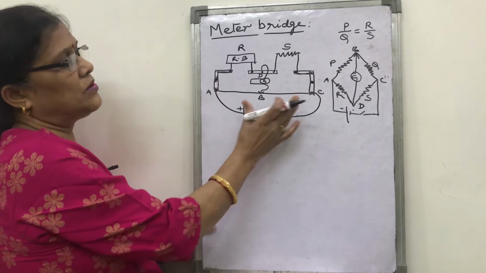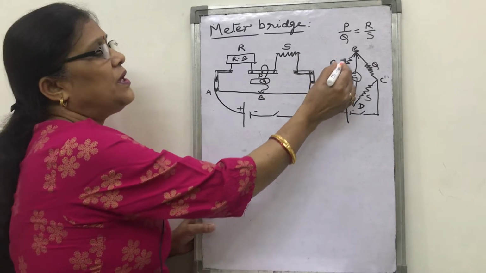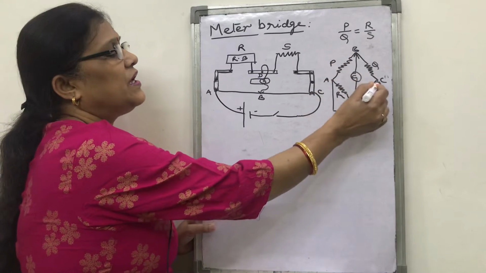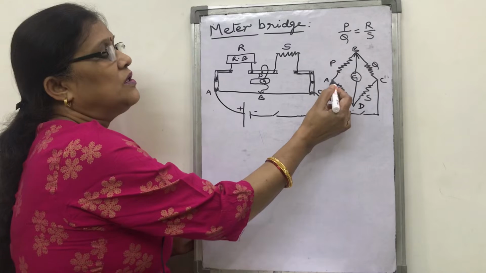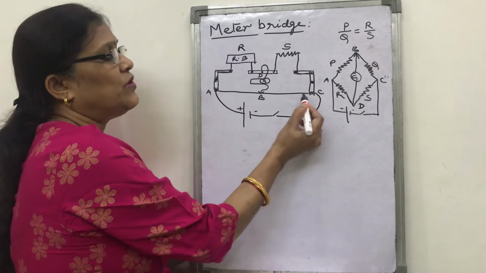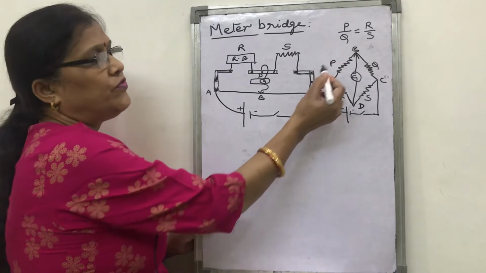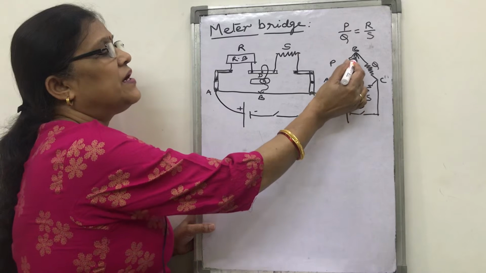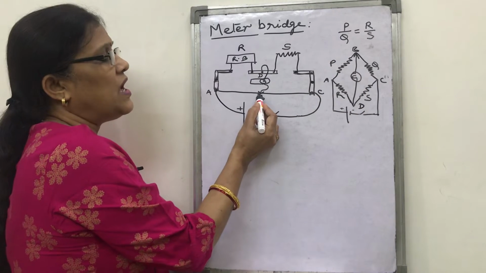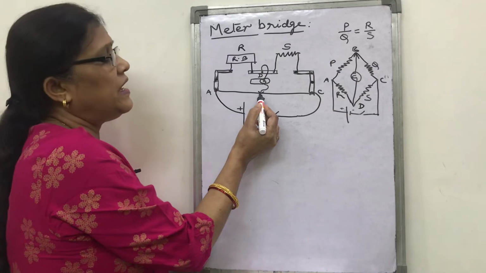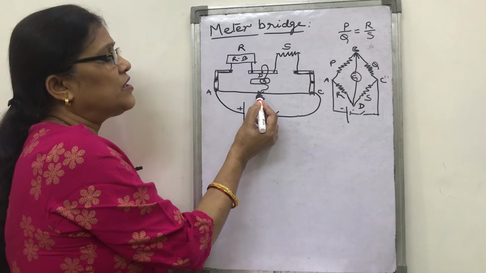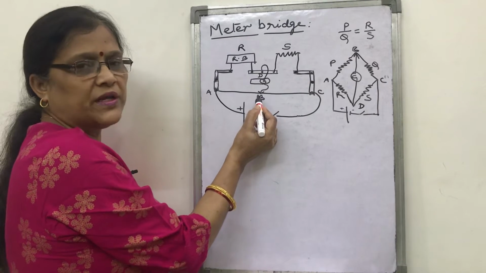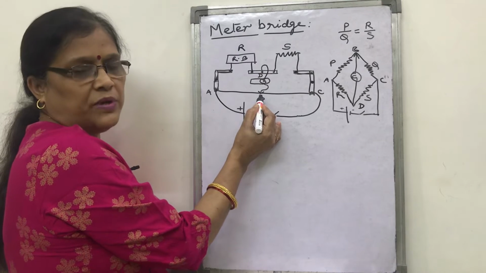Look, how will you compare this P and Q? This P and Q is connected between A and C. So this A and C, here it is a 1 meter long wire. Where is the B through which the galvanometer's end is connected? So this is the B and this is the movable end. That is, whenever at the position when you find the null point, there is no current, no deflection in the galvanometer, then that contact is the B.